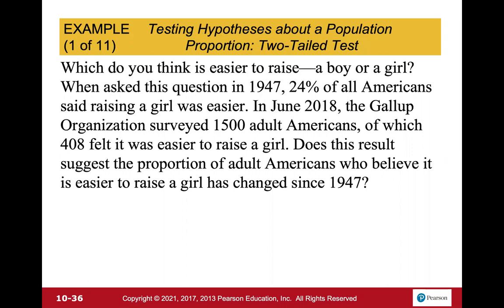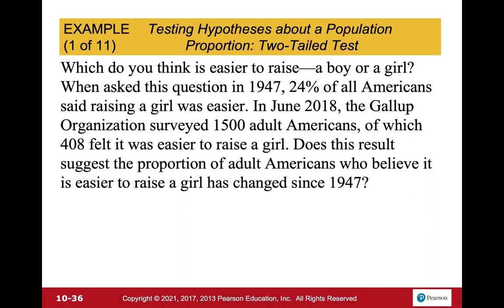All right, that leads us to, I believe, the last example that we're going to look at. Which do you think is easier to raise, a boy or a girl? When asked this question in 1947, 24% of all Americans said raising a girl was easier. In June 2018, the Gallup organization surveyed 1,500 adult Americans, of which 408 felt it was easier to raise a girl. Does this result suggest the proportion of adult Americans who believe it was easier to raise a girl has changed since